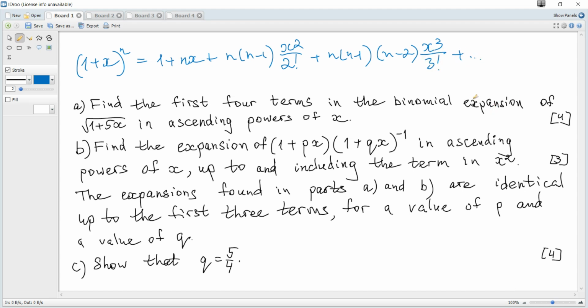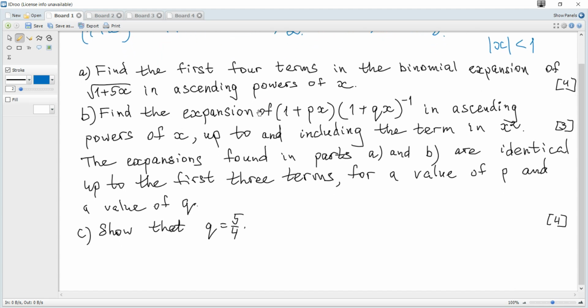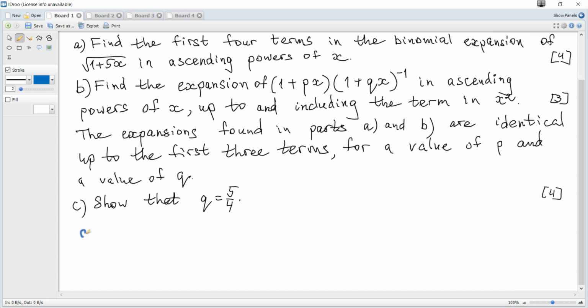And this expansion is valid only when the absolute value of x is less than 1. Notice that it's not just x. When it's 1 plus 10x, you should consider the absolute value of 10x is less than 1. And to apply this formula, you should rewrite a given expression as 1 plus something to some power and apply this formula. So, square root of 1 plus 5x is (1 + 5x) to the power of a half, and